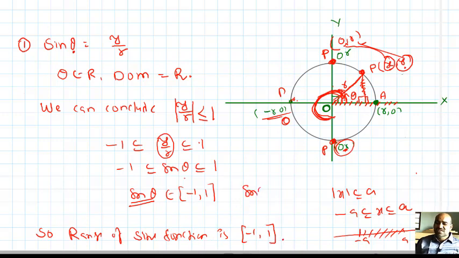Okay, somebody will ask, sin theta equal to half, what is theta? We can find it, that is not a big problem. Theta exists. What is theta? One of the thetas is 30 degrees. Why am I saying one of the thetas? There exist infinitely many thetas. I will show you in 1 minute.